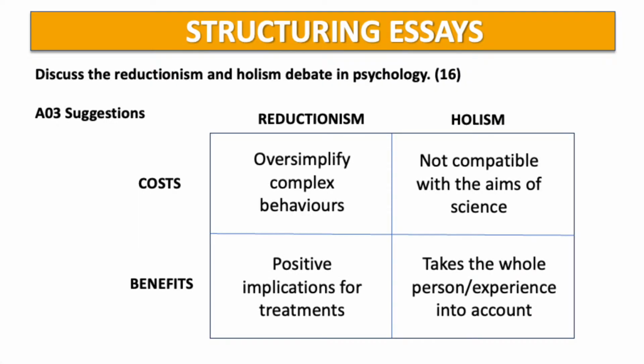So for example, anyone that takes a reductionist view of anything, it's not wrong to take a reductionist view. If you're reductionist and right, you've hit the jackpot, haven't you? So if you can find the one thing that causes behaviour, that's like groundbreaking stuff. But unfortunately, most people taking a reductionist view tend to oversimplify behaviours. If you're only looking at one of those levels of explanation I went through before, then we're not considering all of the other things either. But by breaking things down into bits and bobs, we do have implications for treatment. We wouldn't have antidepressants, SSRIs, we wouldn't have OCD treatments if we didn't break the condition down and reduce it to its